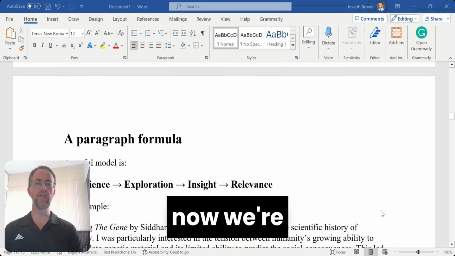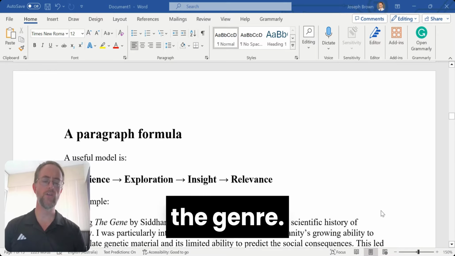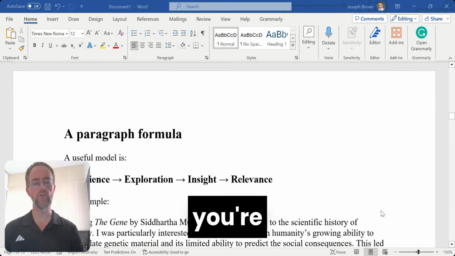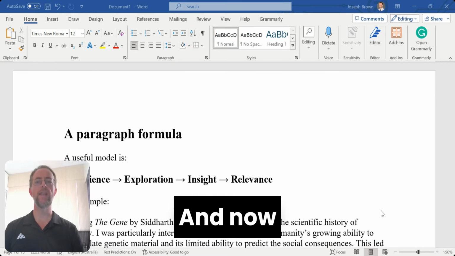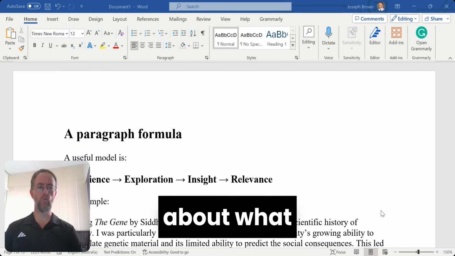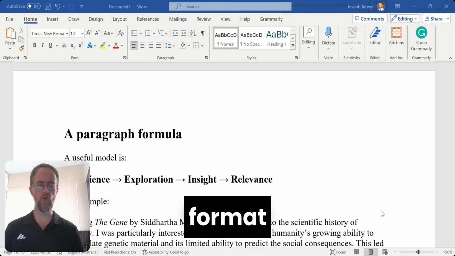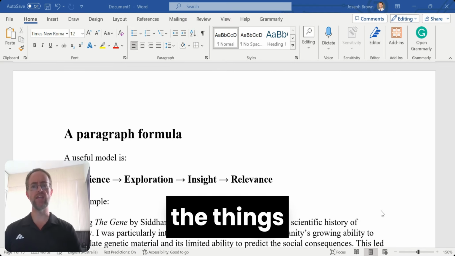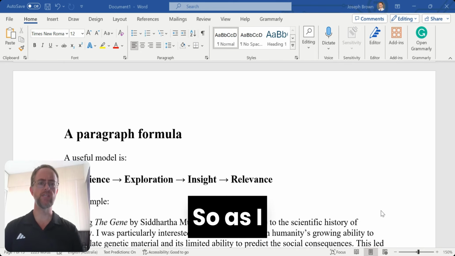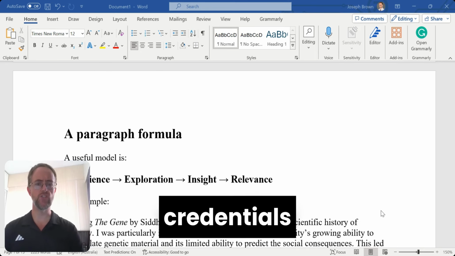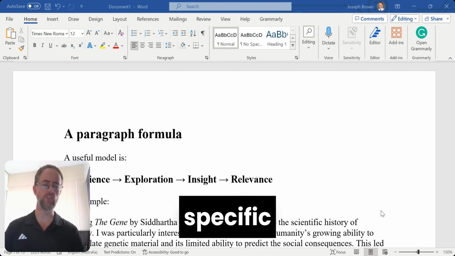Okay, so now we're getting an idea of the genre. You've got to start to think about how you're going to show all those things. And now we're thinking about, what does the actual format look like? What are the things we want to do? So as I said, it's not a list of credentials, and it's not any one of those specific genres that